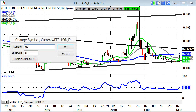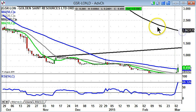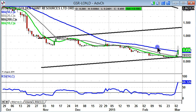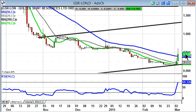A stock which has been looking rather sprightly over the last few sessions is Golden Saint. Seems to have returned to form in quite a spectacular way. The giveaway here in terms of whether this is a proper buying opportunity or not is really the 50-day moving average. That the reaction to the stock around that blue line currently at 0.39 will sort of give away most